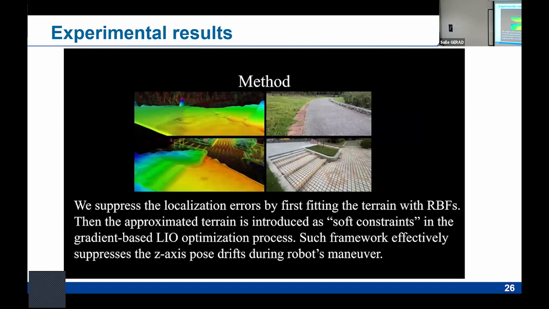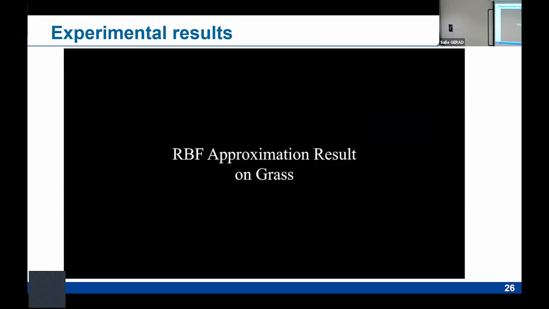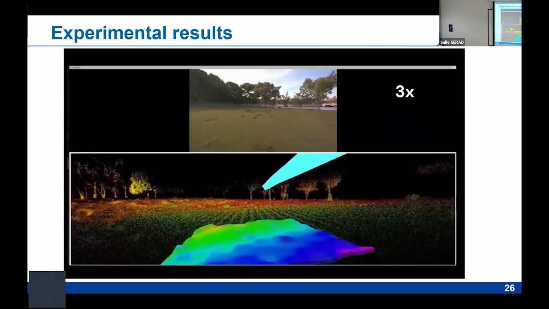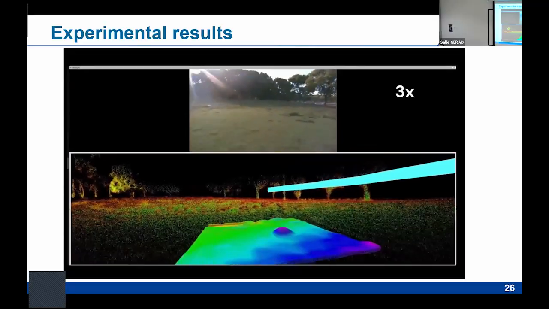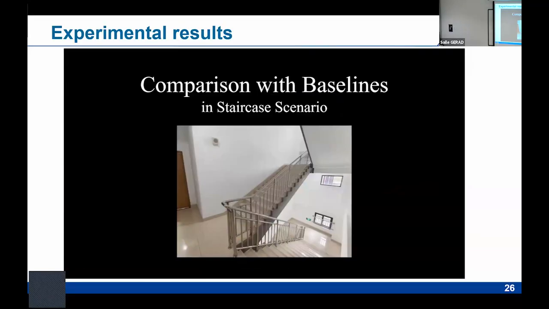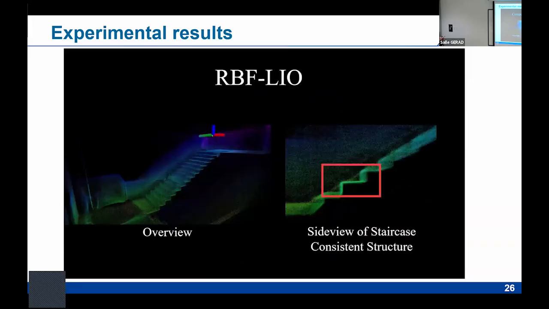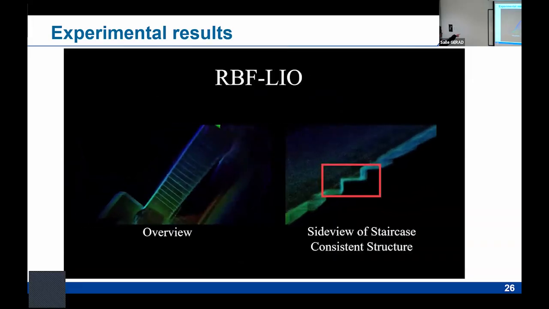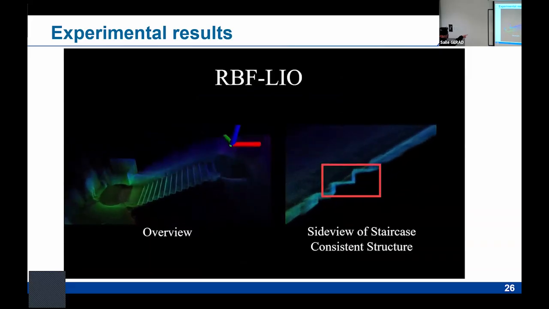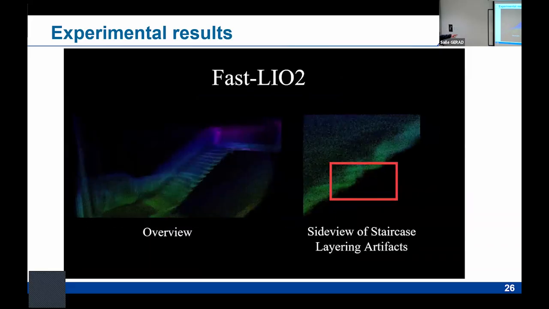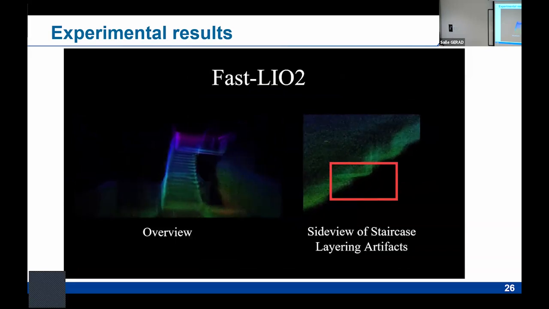So I just fit the terrains using RBF, and then you can see the stairs and everything. And then there's grass, which is kind of bumpy, and you can see that it creates a fairly good estimation of the surface, and then you can take that as a constraint. And this is a smoke test, basically, because compared to other methods, our stairs are really sharp, but for the others it's kind of smeared.